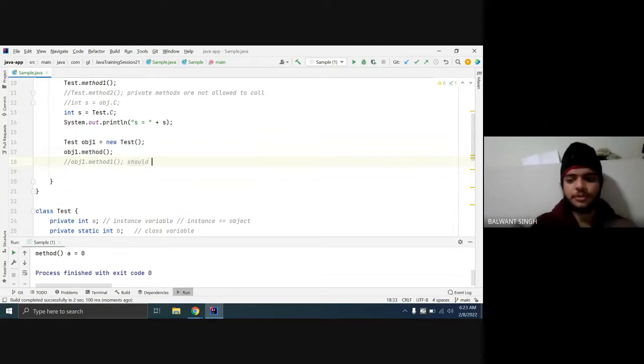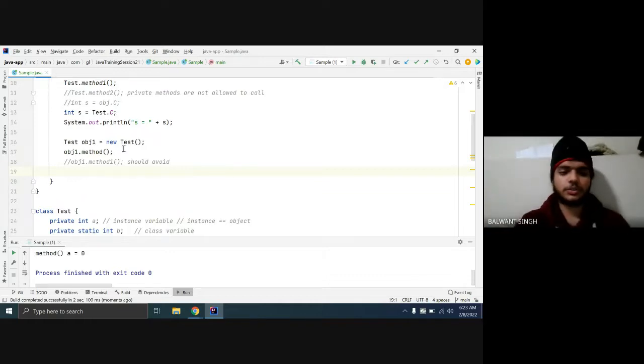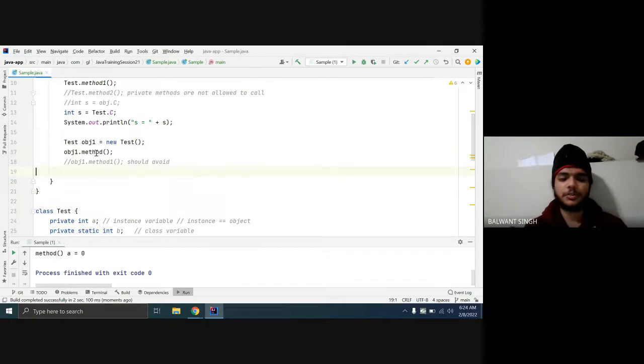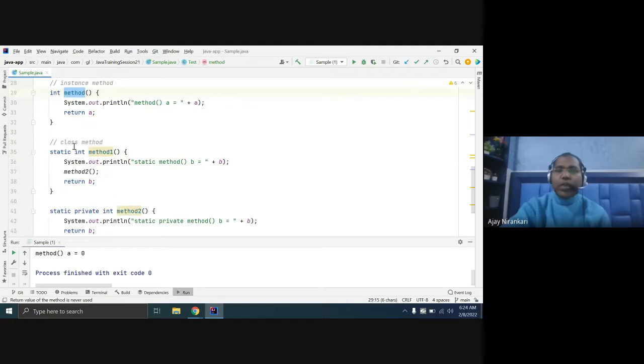So if we want to use that method for a particular object, then how to use it? Repeat the question. Sir, if we want to use this method for any particular object, then how do we use it for that particular object? I'm not getting the question. Which method do you want for a particular object? Like method1, we want to use it for the object. Because method1 is the class method. This is not bound to an object.